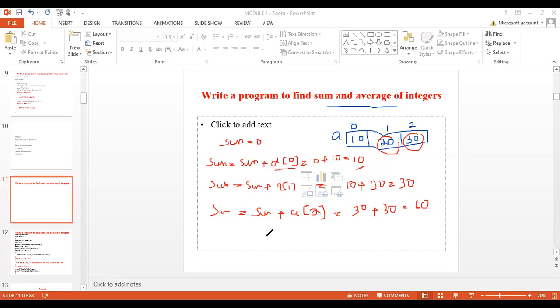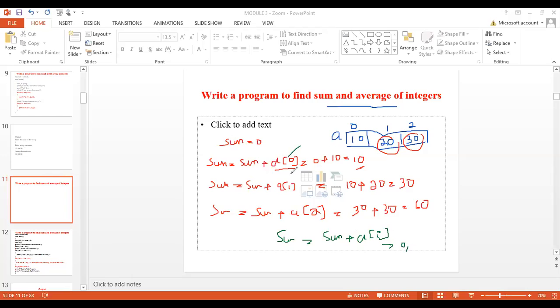Okay. So in general, I can write it as sum is equal to sum plus a of I. So this I can take the value 0, 1, 2.